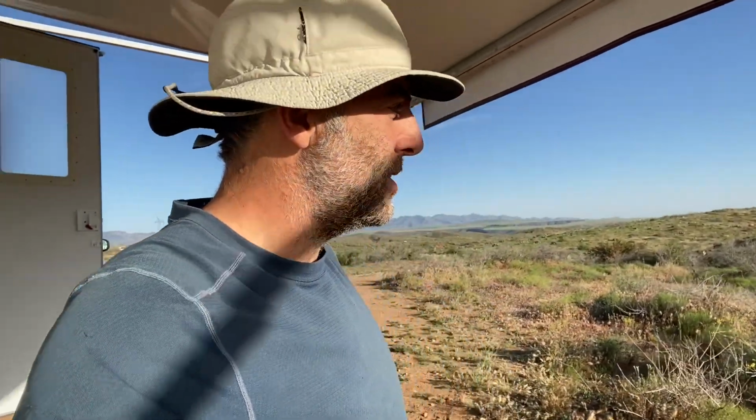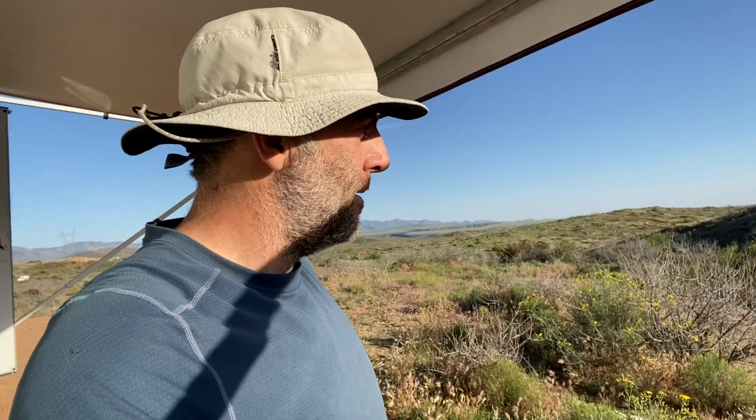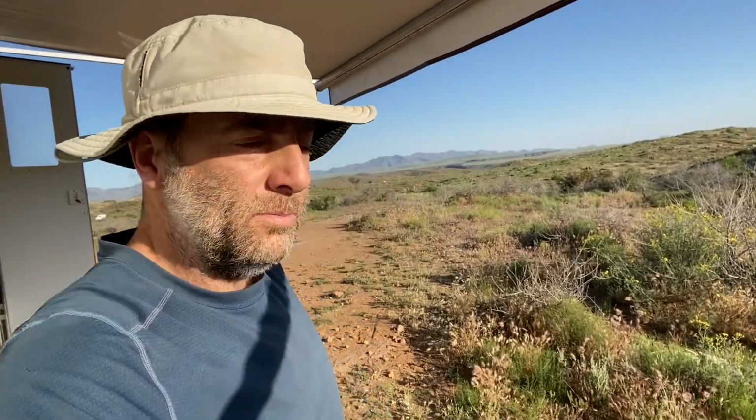There's a lot of dangers out here too, like I was talking about the snakes. Rattlesnakes are my main concern, and seeing how close that tarantula hawk was getting to my dogs, it's like, yeah, the dogs could bother that thing, and that tarantula hawk is going to sting them, and they're going to be in pain, and then I'll probably jump out of the trailer and not know what got them. That's a scary thought, actually, now that I think about it. I mean, there's all kinds of other things that could sting them or bite them. There's centipedes and tarantulas, all that. And so if I don't see it happen, I kind of have to assume the worst, I guess, that it's